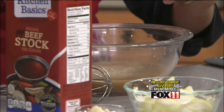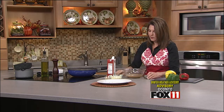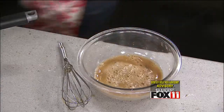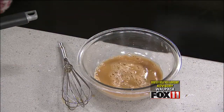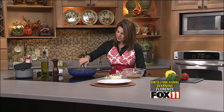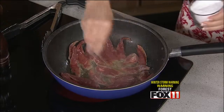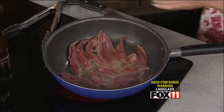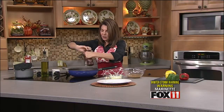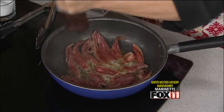I want to get every little last bit. I see some of that cornstarch was stuck in there, and that's really important to this recipe. If we need any more beef stock, we'll just keep it off to the side. All right, let's check on that steak. Getting some nice color. We're going to flip it in just a minute. I want to season it with salt. It's pepper steak, so not only are we going to put some fresh peppers in here, but I like to use quite a bit of black pepper